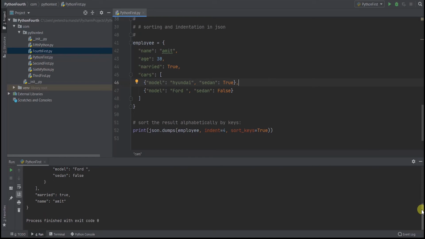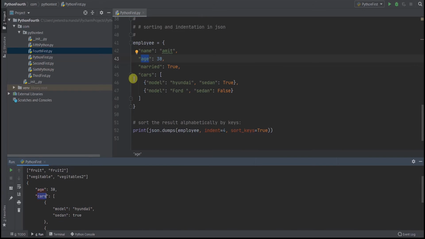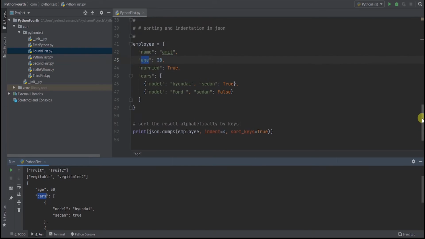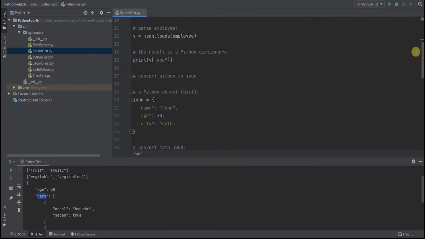You can see it is indented very well. Also, previously while declaring, I declared name first, age second, marriage, and cars last. But when the keys are sorted, age gets printed first, then cars, because it's alphabetically sorted now. Yeah, that's the thing we learned in Python. That's the first one, so JSON we have covered.